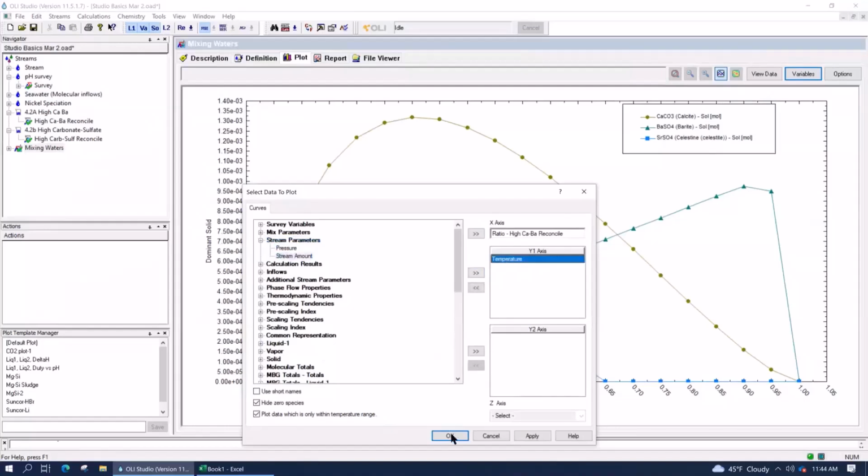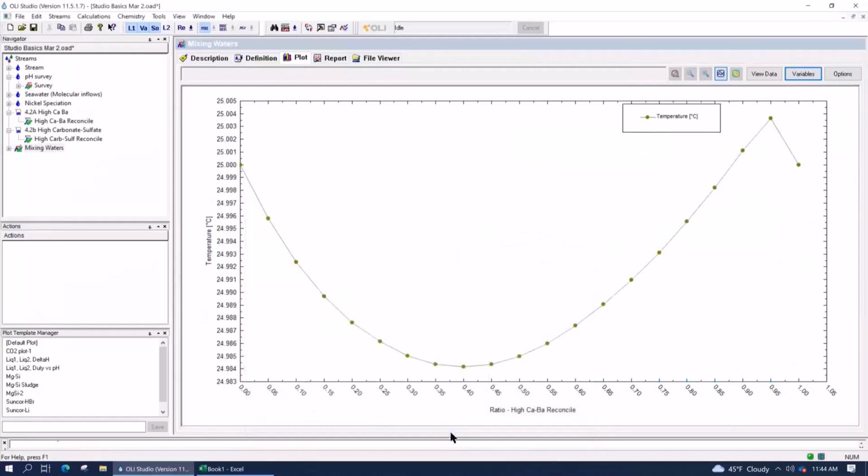Put the temperature in there. Let's see how the temperature wiggles around as you precipitate or dissolve things, or as you mix things together. It's not much of a difference really, but as you form your calcite solid, it's slightly endothermic, so you have a slight drop in temperature, but nothing really significant here.